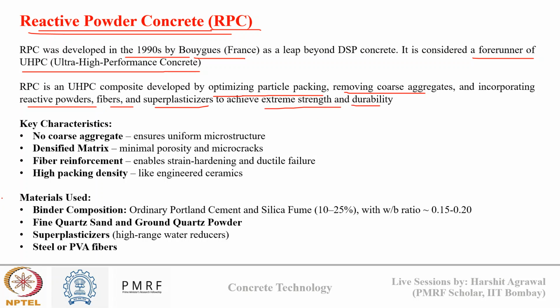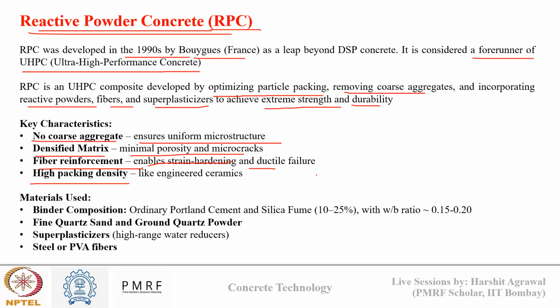So there is no coarse aggregate at all, which ensures a very uniform microstructure with fewer voids. There is a densified cement matrix, which minimizes the porosity and micro cracks. There is fiber reinforcement, so generally we add fibers in such concrete, which enable strain hardening and ductile failure. We ensure high packing density of all the fines as well as cement paste, so that we can have